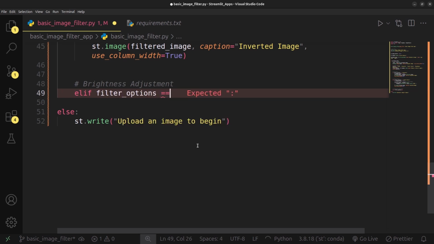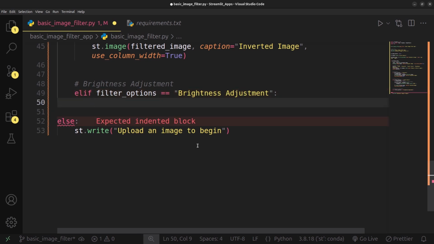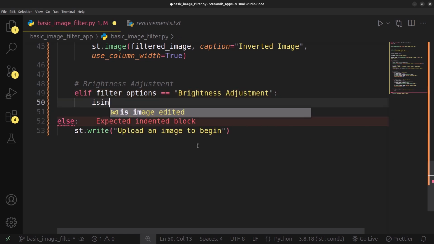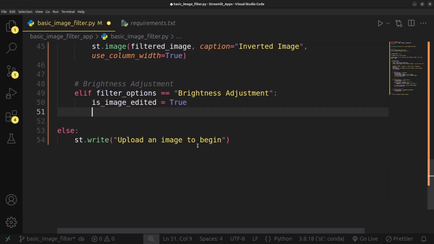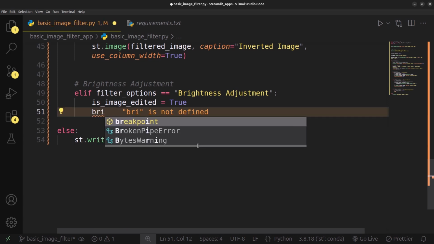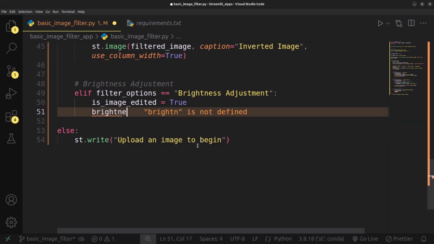That should be if it is equal to brightness adjustment, then again is_image_edited is true. And now here you can see the brightness, remember we have to get a slider for that. So the brightness equal to